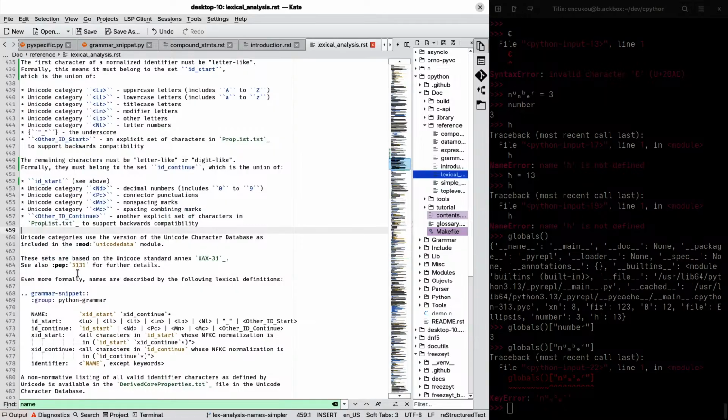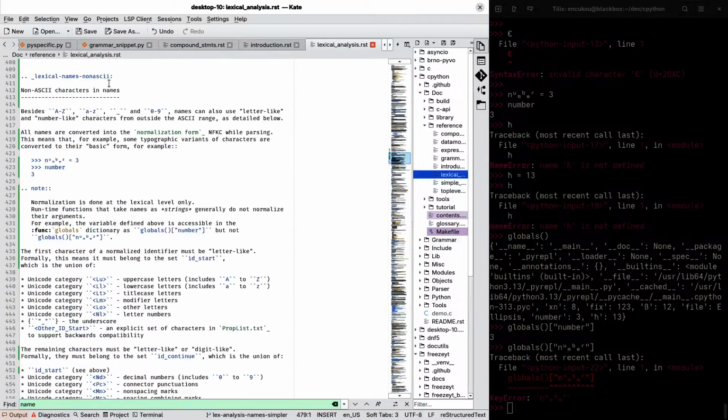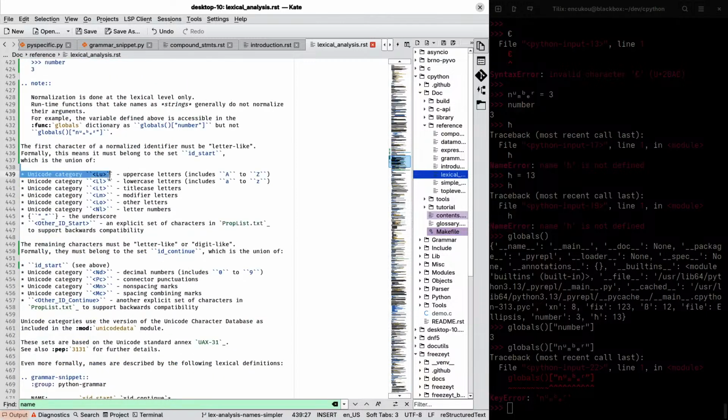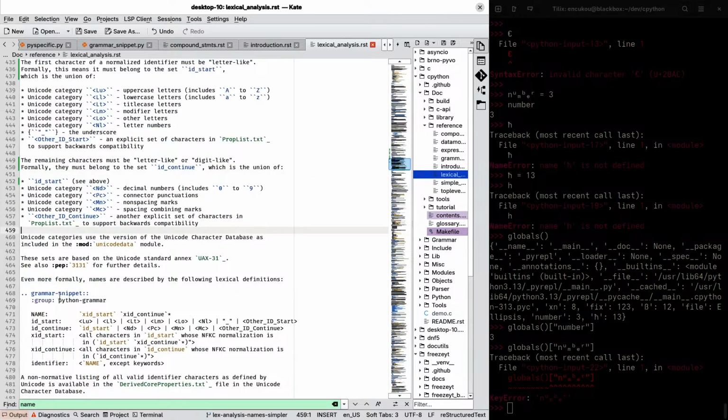Now we can remove this formal grammar, which just includes whatever the important part of the formal grammar is, with these sets. And there's also XID start and XID continue. This mixes in the NFKC normalization at the parsing level.